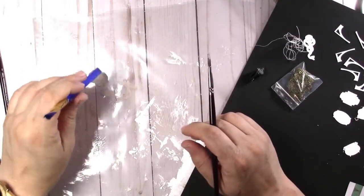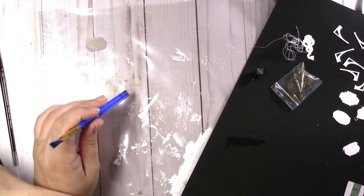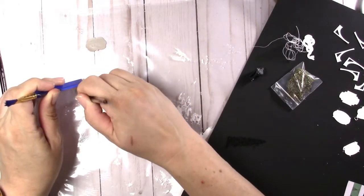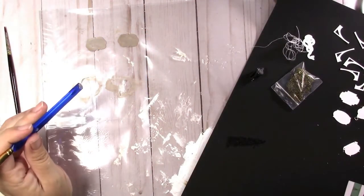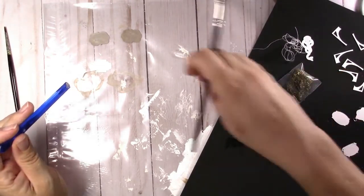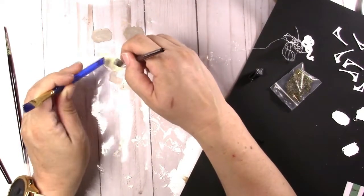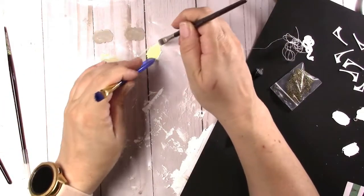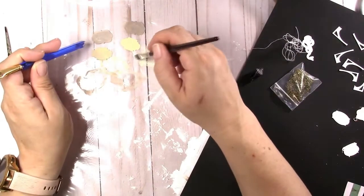So here's one. And then I have two of each so that I don't have to flip it over, and I can sandwich whatever method I choose to hang them between the two. So there's one. I'll find a similar one here and here. Let's do these yellow. That'll be fun. Yellow mixed with the brown that I didn't wash my brush for. And yellow. This side's going to be a little more yellow. Okay. And I just want these to dry so that